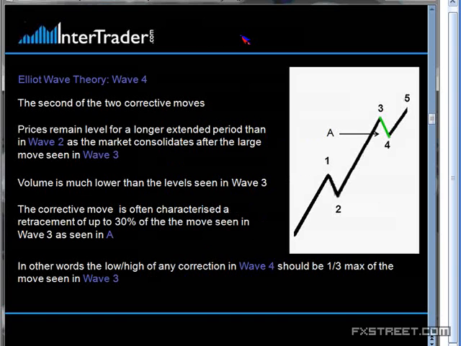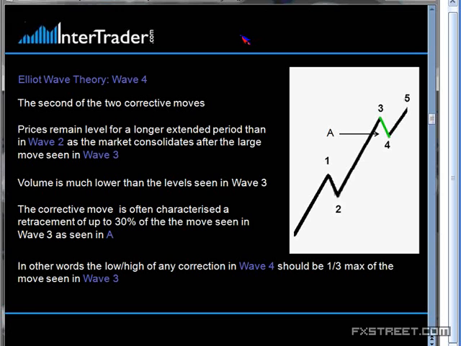So wave 4. Okay, the second of the 2 corrective moves comes after we've seen 2 distinct moves in the overall bias of the move. So again, the price remains level for an extended period. Then the market consolidates after the large move that we've seen in wave 3. So again, that's everybody jumping on the trend. The trend is already confirmed. Everyone's going with momentum. So when we see point 4 reached, the end of where we've sold off